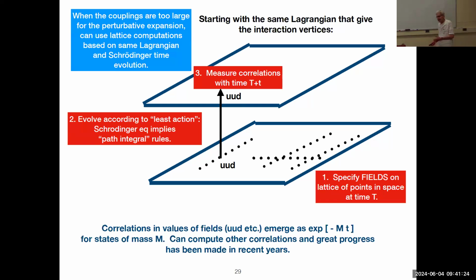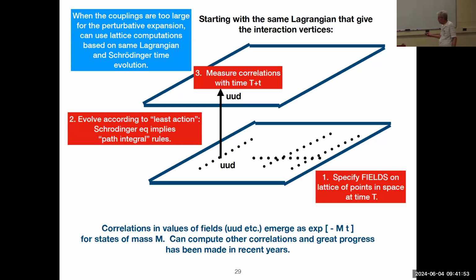When the couplings get large, then following these individual changes in state, where you start with a list and then change the list perturbatively, vertex by vertex, gets out of control because the effective coupling over periods of time long compared to, or of the order of, 1 Fermi, will no longer be